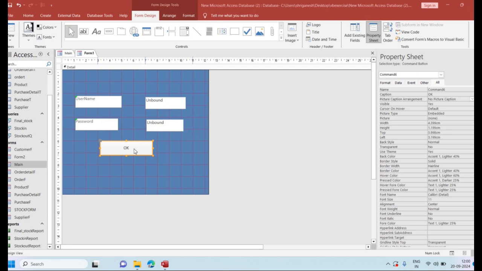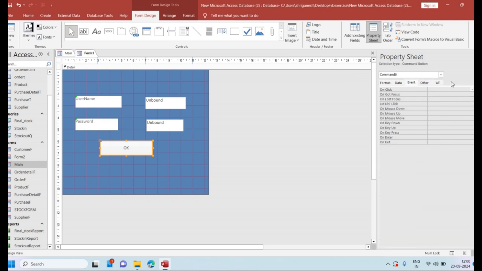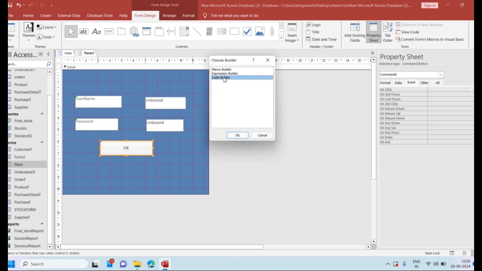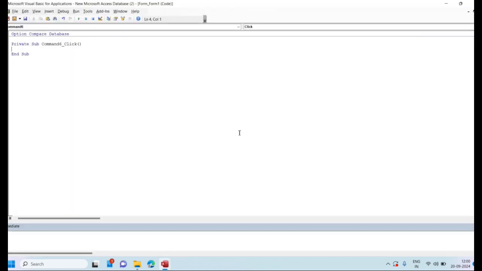I am done with the design of the form, and now I go to the command button event. I want that when I enter admin in the username text box and 123 in the password text box, I am able to open the main form. For which I go to On Click, write a procedure, go to the code builder and write some VBA code here.